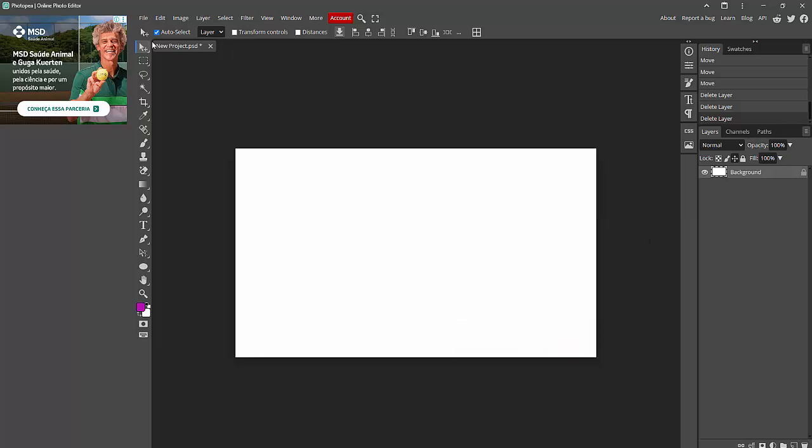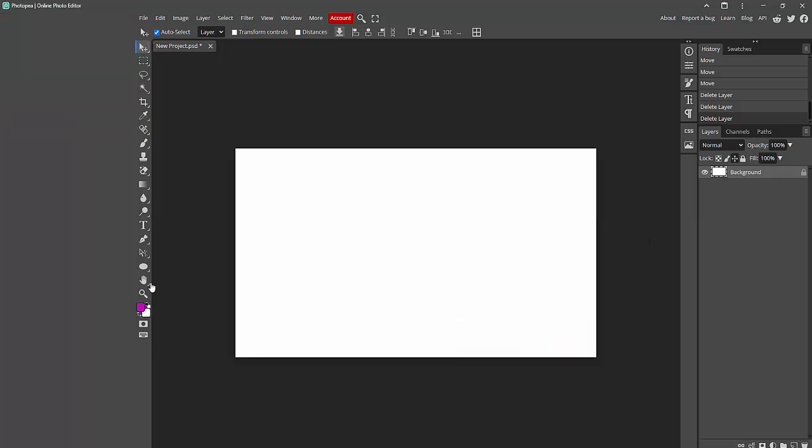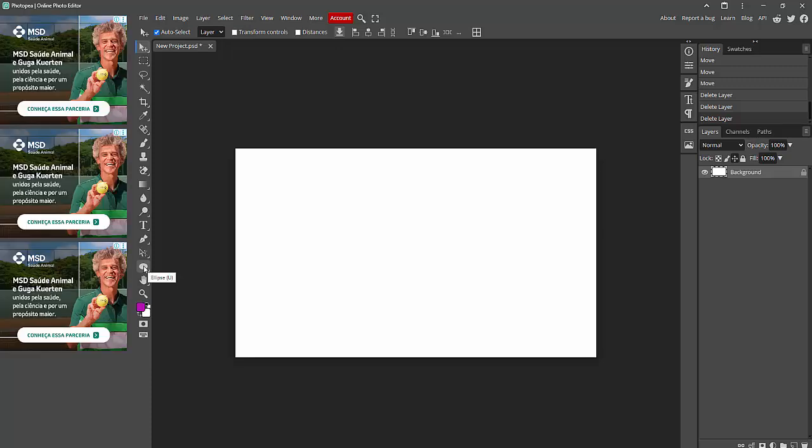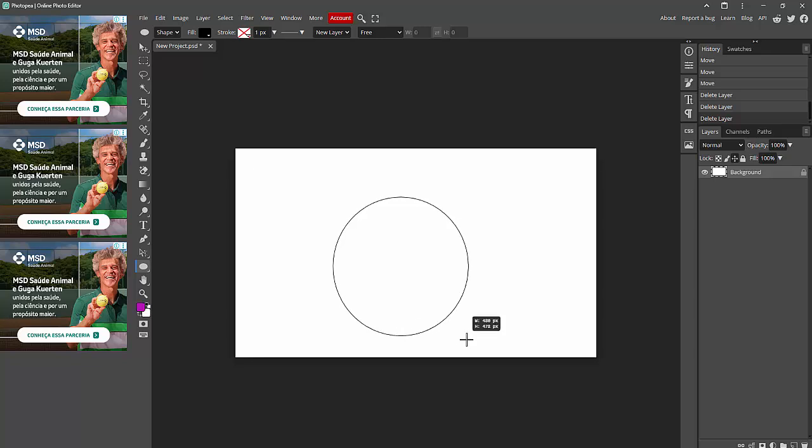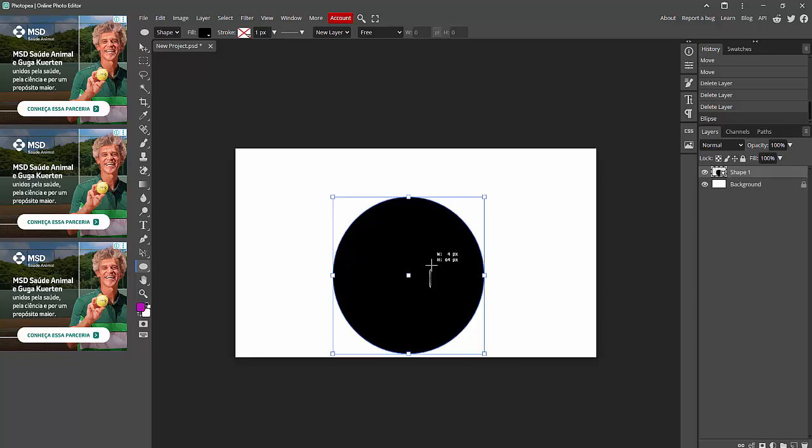Now we can see many tool options. Now select the shape tool. Now click the rise button. Now click escape. Now draw a circle shape. Now you can see,